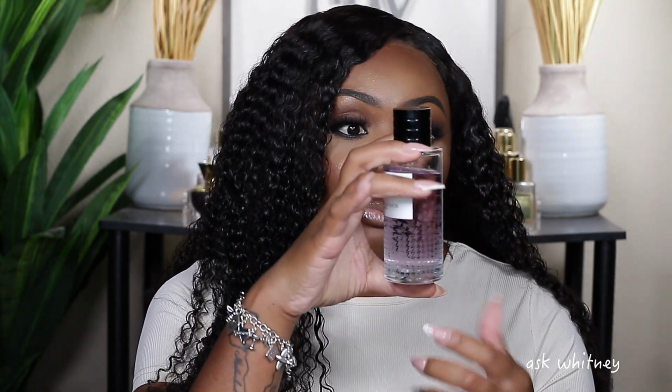If I finish this bottle and I cannot get another one, I'm going to be livid. Granted, I am excited about Francis Kurkdjian coming in. I love his work. I feel like he makes really amazing perfumes. But listen, do not touch my baby, okay? I'm mad at myself that I wish I would have just bought the bigger bottle. The 8 ounce was just $100 difference, and it's gonna take me forever to finish that size. I know it's gonna take me a while to finish this, but at the rate that I'm going,